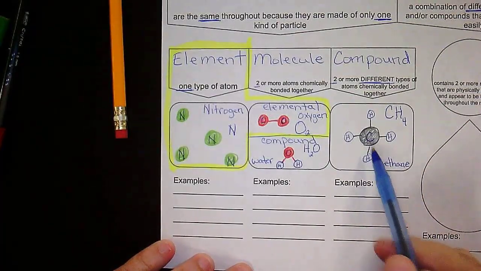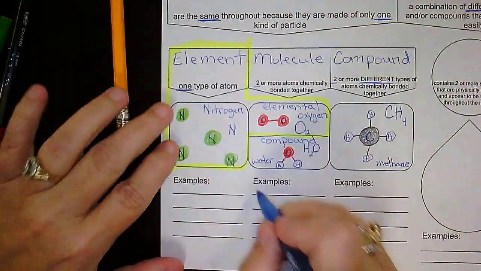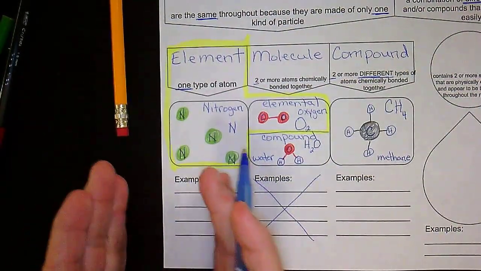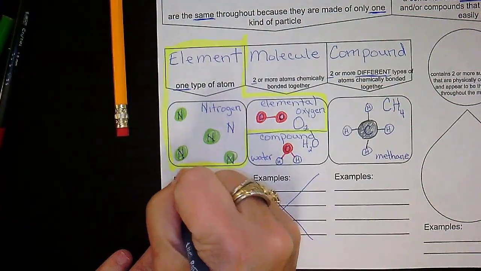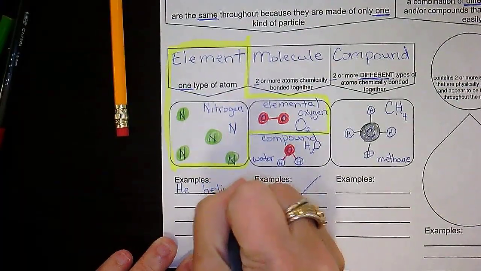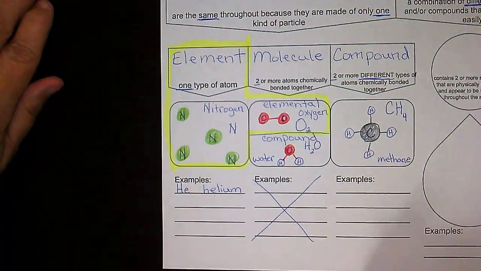So all of them would be looking like this in the glass, right? You can't see them, but if you could. All right, we're going to get rid of this as our example because we're just going to start classifying them as elements and compounds. So if we were looking for some examples of elements, you might see capital H, little e, which is helium. That's an element. You can find it on the periodic table.